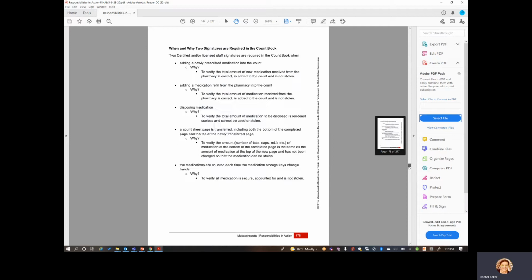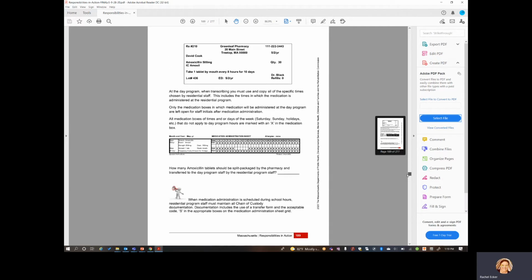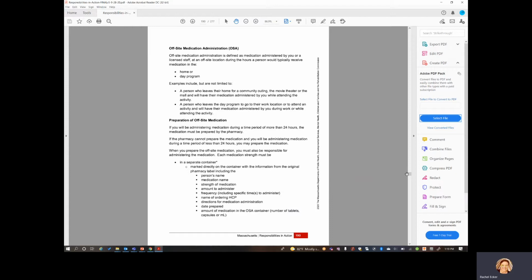Offsite administration is very common. That would be if you are going to the movie theater or you need to give a medication while out in the community. Sometimes you may be at an appointment during medication administration time, and this would be an opportunity for you to give medication out in the community.